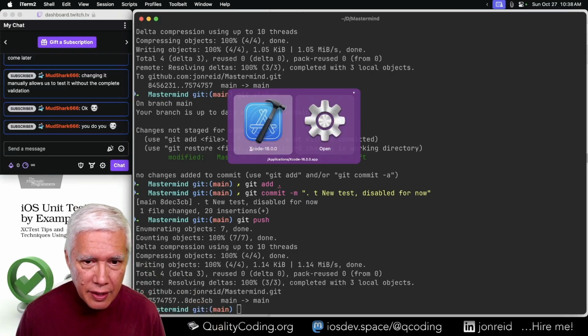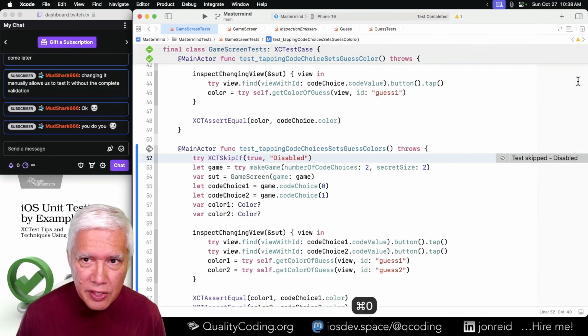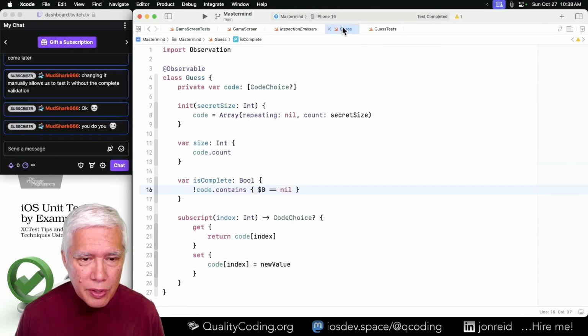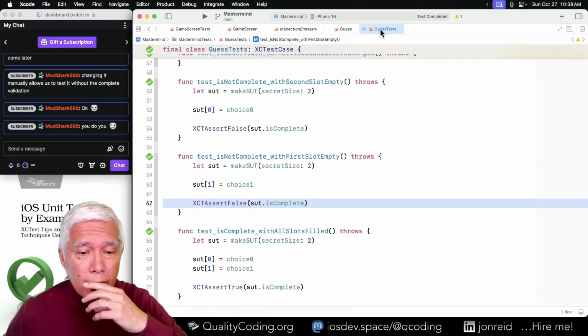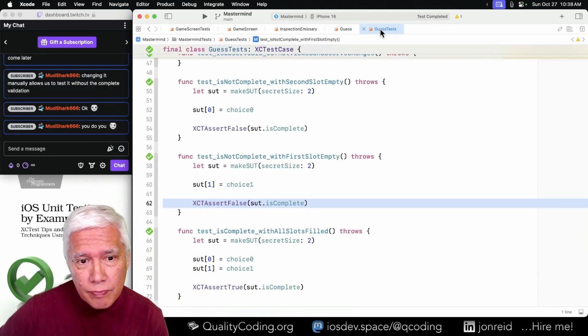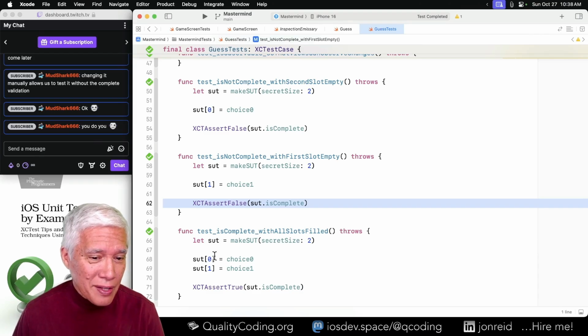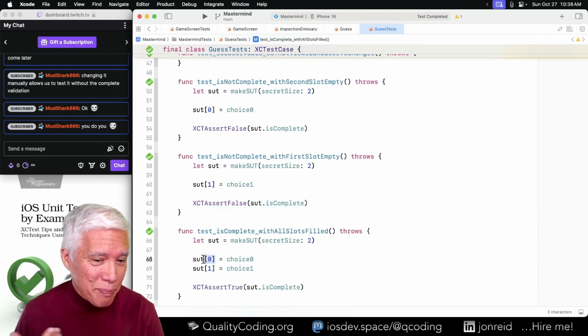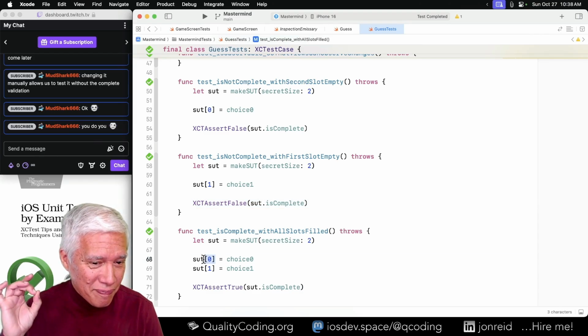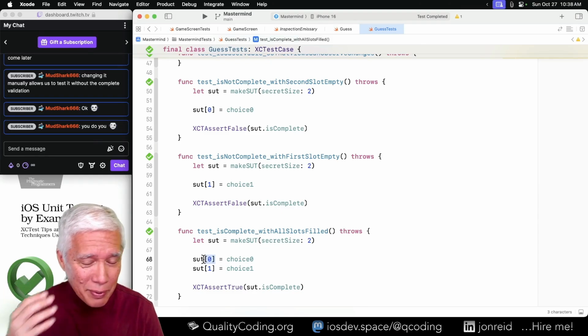Back to the guess object, which is starting to grow and become more interesting. I'm liking that this is going to lead us away from the setting of a particular index, at least in the public API.